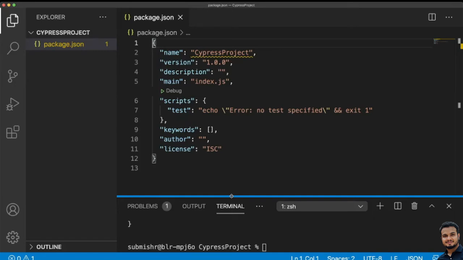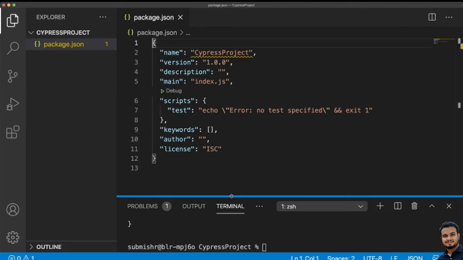Here you can see the project name, that is Cypress project, which we have given, the version, the description and all. All these things we will see in detail in our upcoming videos when we use it practically. For now, do not worry much. Package.json is very useful for managing the project's dependencies.